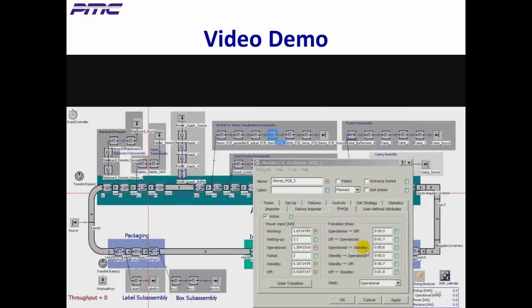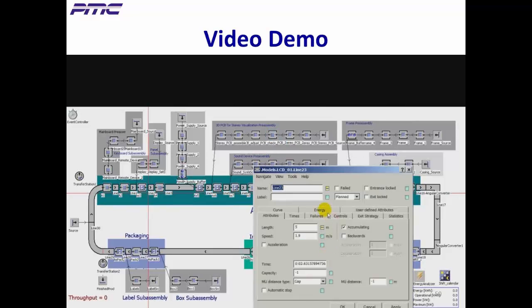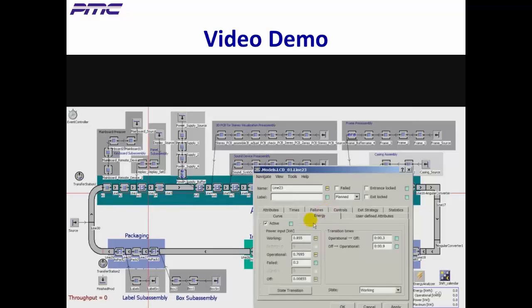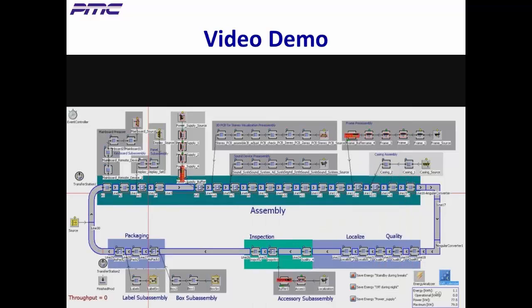Similarly, we specify power inputs and transition times in the Energy tab of the conveyors. Now we'll run the model for one simulated day. We'll run the model slow for a while so you can see everything in action, starting with the first skid being placed on the main line and throughput statistics being collected when the screens are removed from the skids after